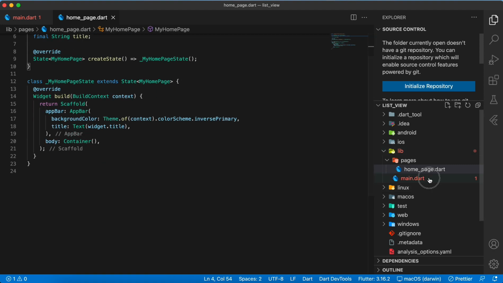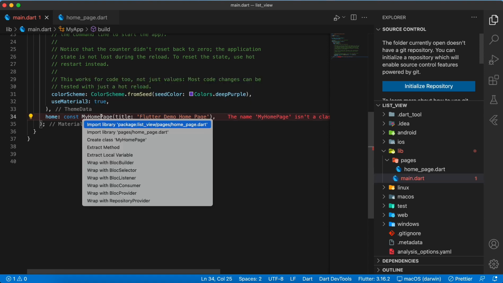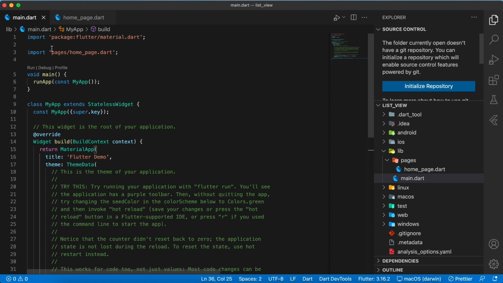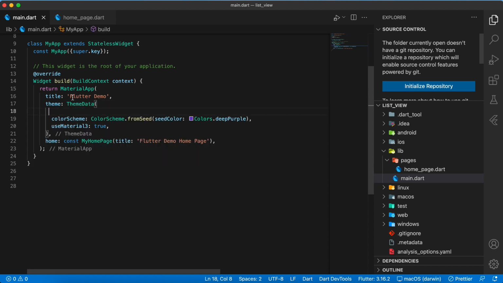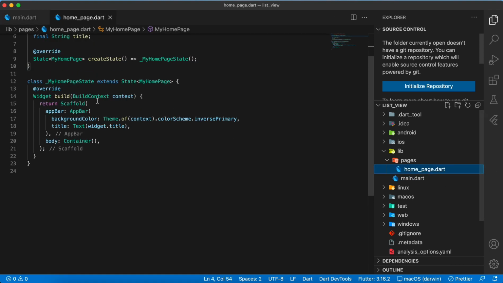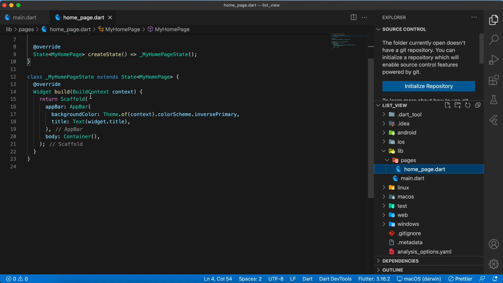Okay guys, this is our first project. Then we have to import this as well, and see here, if we import like this, even if we change our package name, it will not have any effect on our project because it is not importing any package name here. Okay, I'll remove this as well. I'll rename this as Flutter list view. Okay, then the next thing,